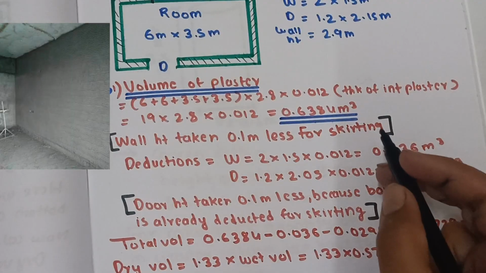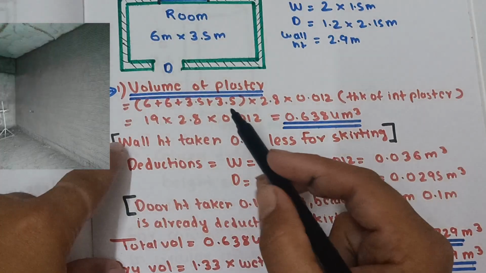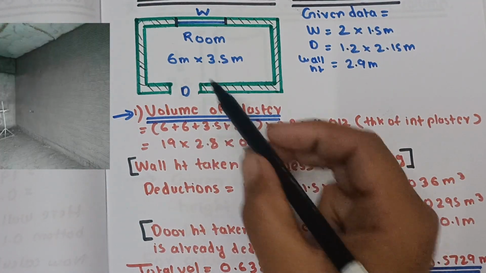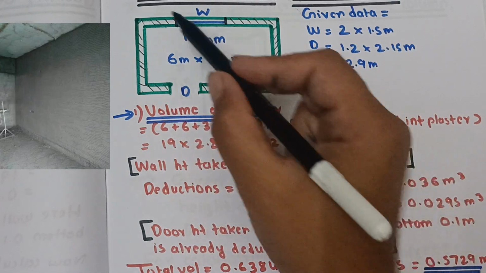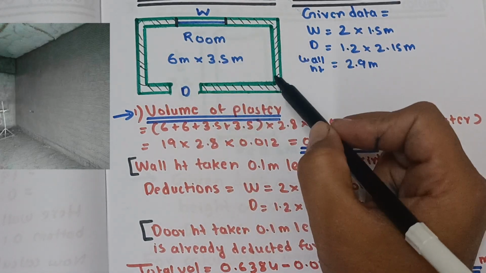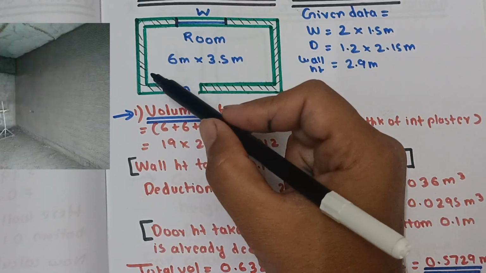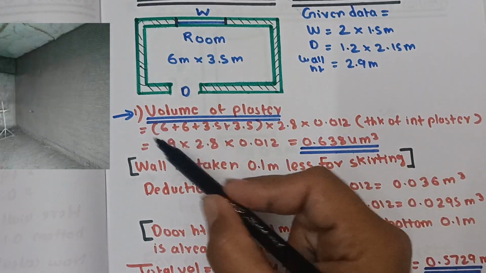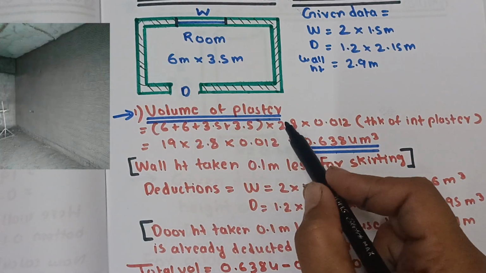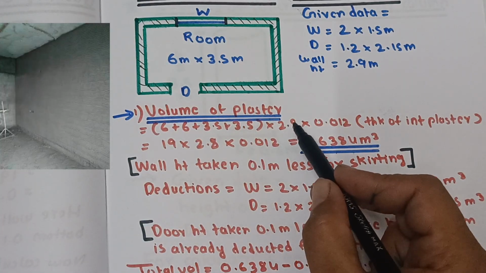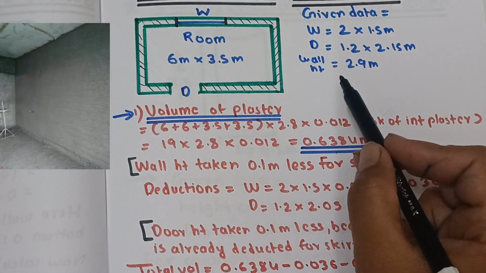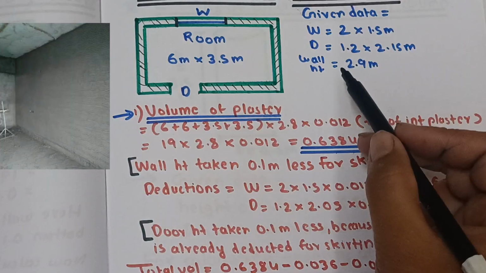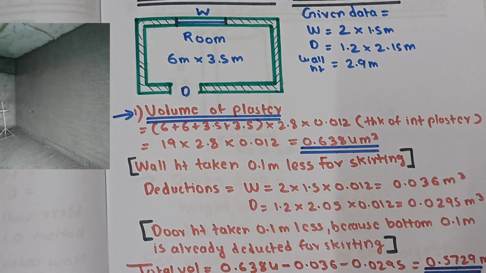So our first step is the volume of plaster calculation. Here, first add all four sides, that is 6 meters plus 6 meters plus 3.5 meters plus 3.5 meters. We are calculating internal plaster. So we have added all four sides into 2.8. 2.8 is the height of the wall. We have taken 0.1 meter less. Actual wall height is 2.9 meters, but we have taken 2.8 meters because